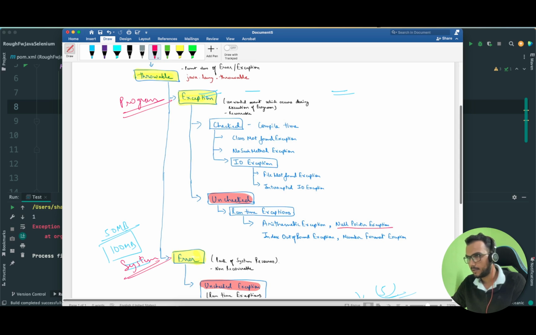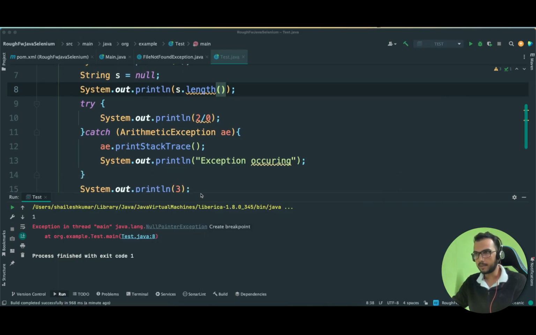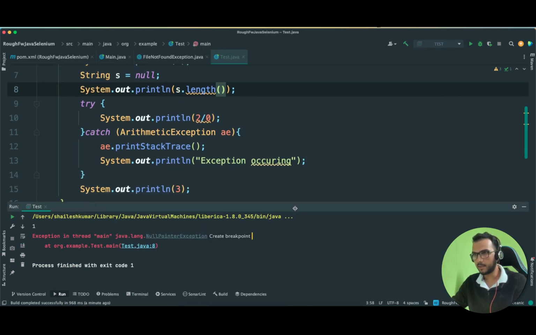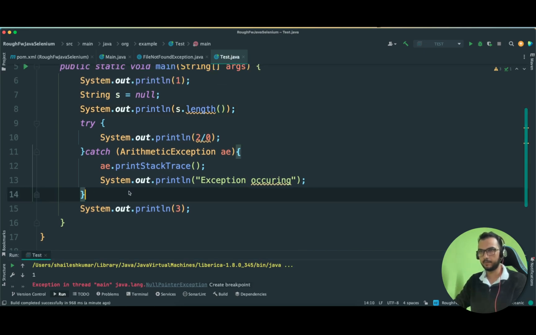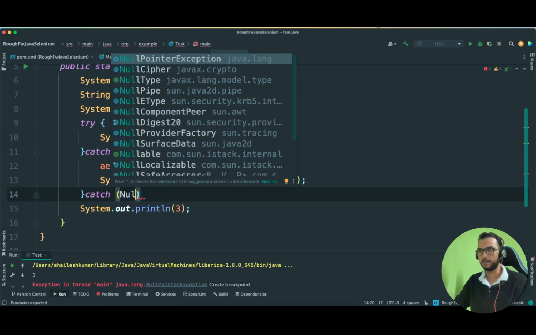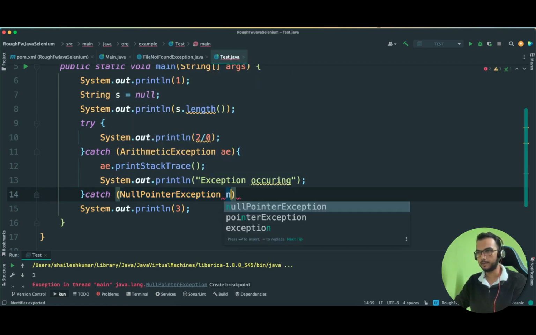See, these are all types of unchecked exception. And this is the arithmetic which we saw first, and this is which we are watching now. So we can handle multiple exceptions in the same try block. Okay, so for that, let us try to put one more catch. And what was it? Null pointer exception. Okay, null pointer exception NE, and let's